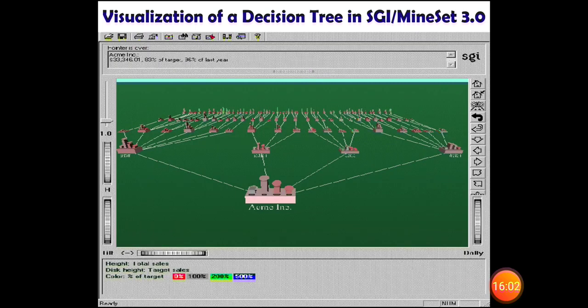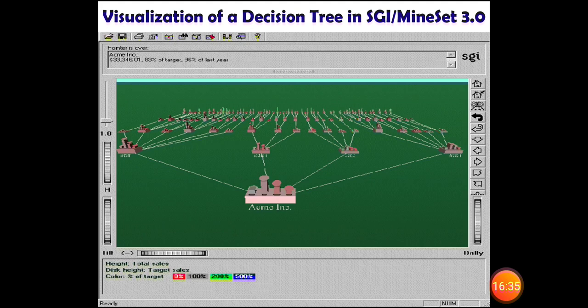This is another visualization of a decision tree in SGI MineSet. Here you can see, when you do any classification on the training data set, you can take sports data, cricket data, football data, any number of data. The data can be classified in the same structure. By that, we can easily understand the rules defined in the classification, as well as the results.